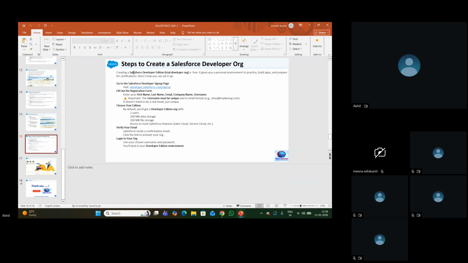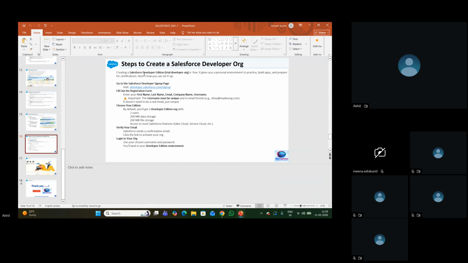Okay, we'll start with the developer organization. As I said, in order to explore Salesforce, to see what happens, the ins and outs of Salesforce, we have a free developer edition, a lifetime free developer edition, where we can access all the functionalities we get for paid Salesforce, but with some minimal data.